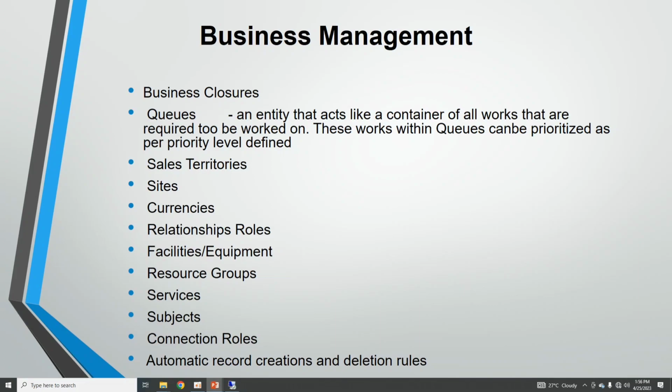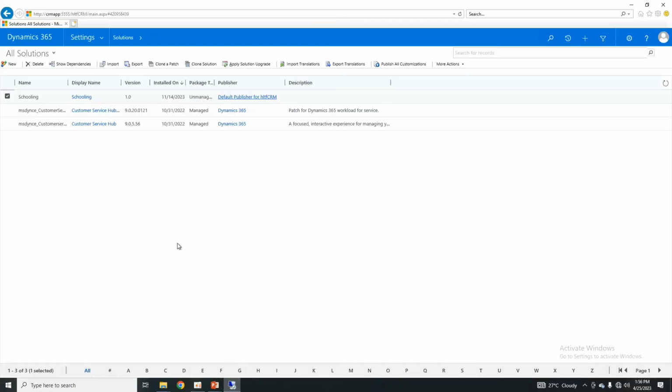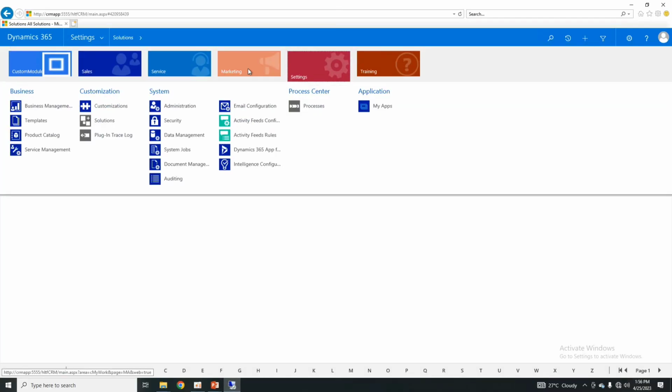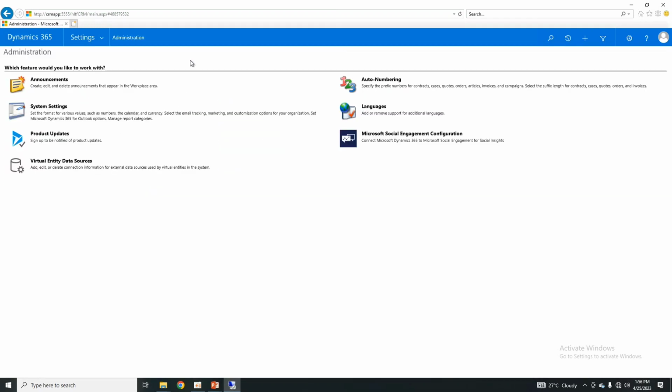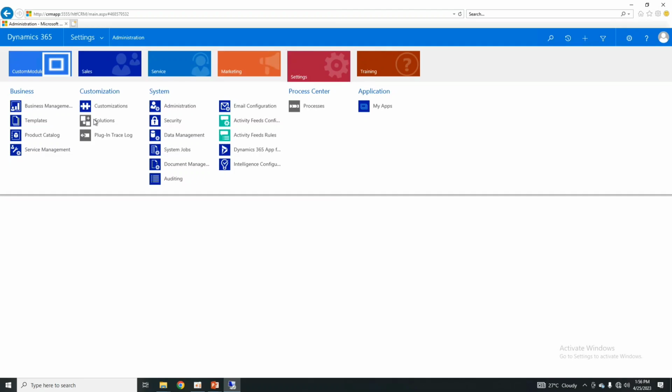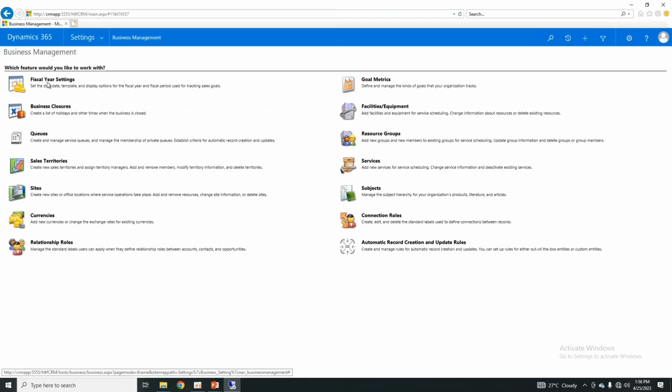Business management. For business management you define different types of things, that is facilities, relationships. Whenever you are creating a business, whenever you are starting a business, it is very important to go and talk about the settings and business management. Business management has all of these things. All of these things are very important for a business to start